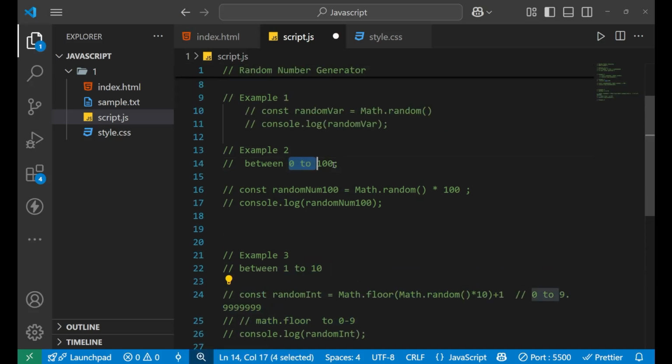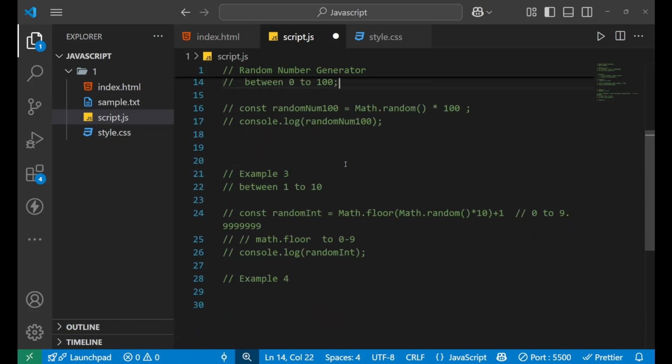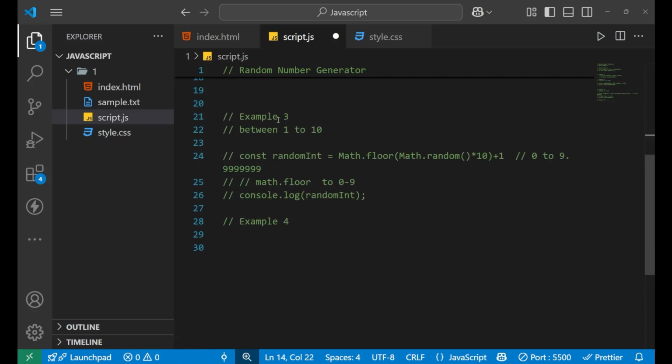We have also understood how to generate a number between 0 to 100, right? Yeah. And one more best thing about example 3 is that you understood how to use Math.floor. What it does is it rounds off the value, right? And we also learned why we use plus 1. Fine. Yeah. Now let's go to our last and a very good example, that is to generate a number between two values.